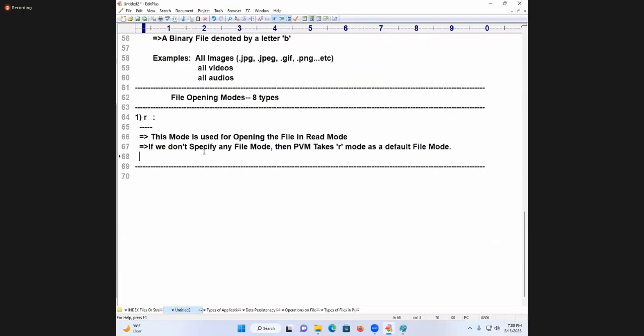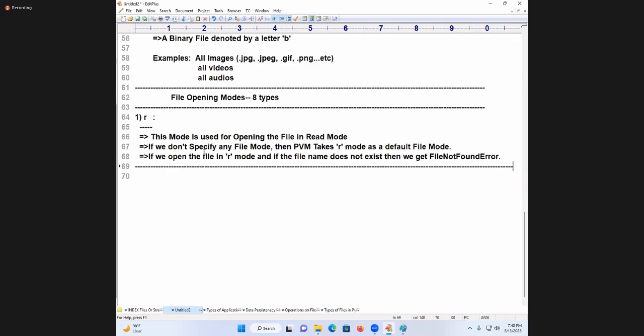Now I am going to say one more line. If we open the file in which mode? I said read mode, right. R mode. If we open the file in R mode and if the file name does not exist, then we get file not found error.